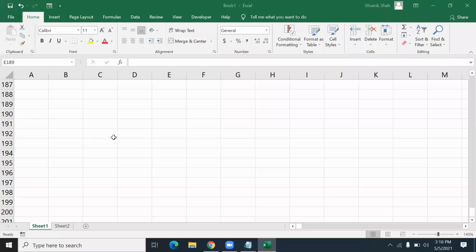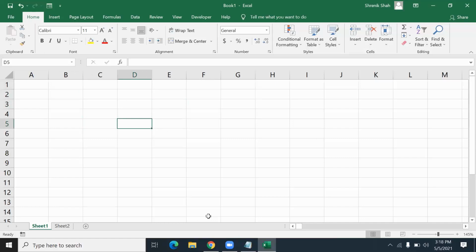Now in Excel, firstly we will discuss typing a table and formatting it. So in Excel, to type any table, you select any cell. Like me, I'm just clicking on that cell, and it shows you the borders.